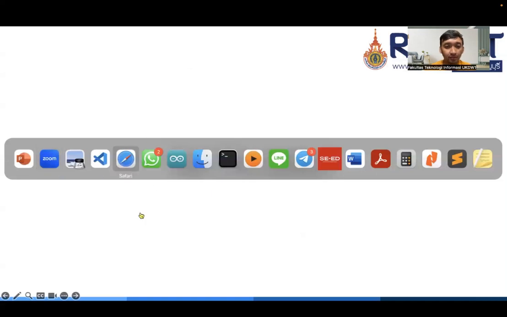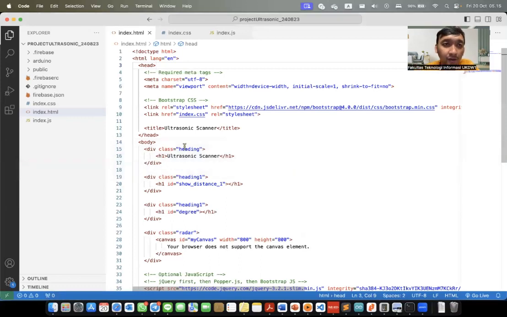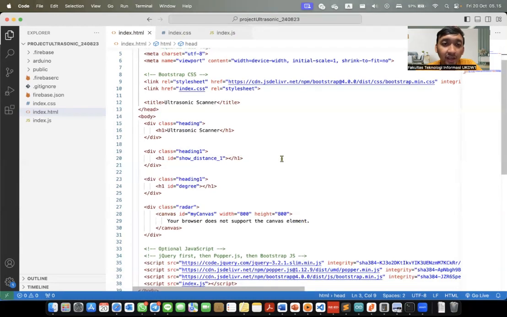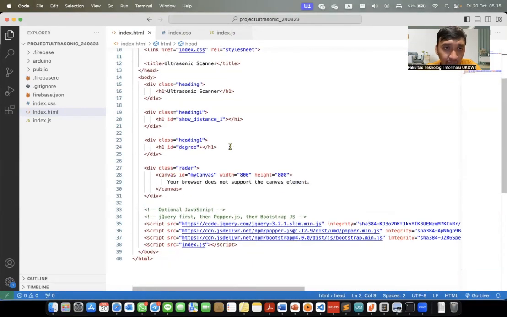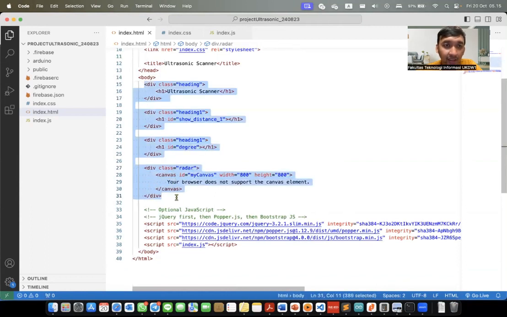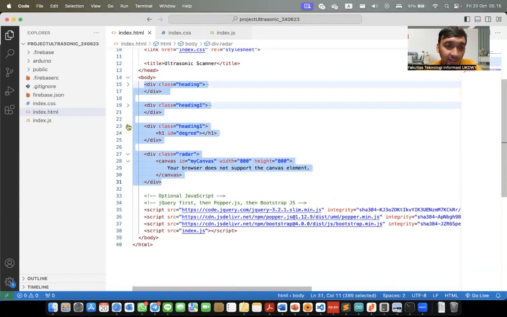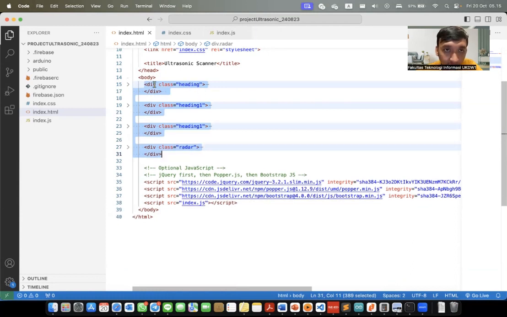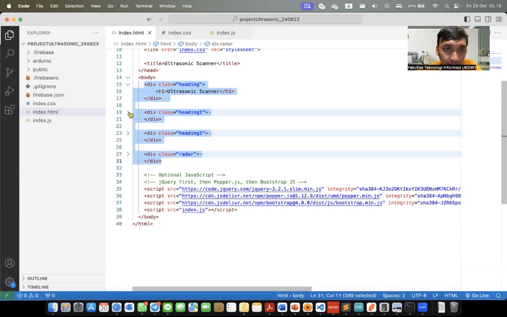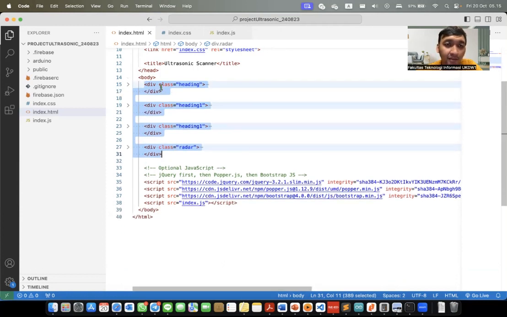First, we move to the website application. In the website application, we should have three files: index HTML, index CSS, and index JavaScript. For index HTML, we can focus on this part. Okay, we have four parts in different divs.